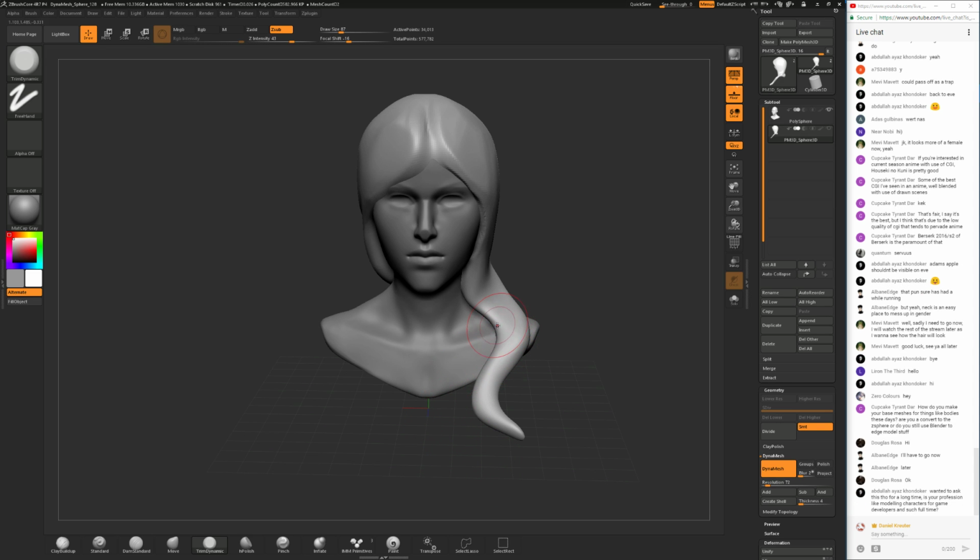And I would really like to add a few more strands here, but I'm not sure yet if I will do that.